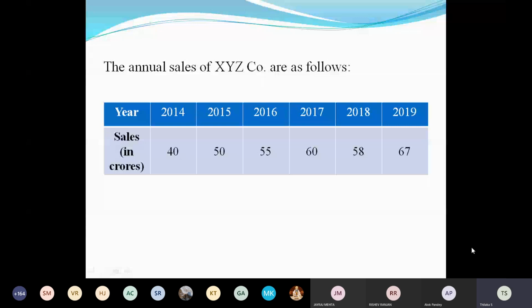So for the year 2016, the capital X value is equal to 2016 minus 2016.5, so minus 0.5 for the year 2016 and plus 0.5 for the year 2017, that is 2017 minus 2016.5. For 2015, it is minus 1.5, and for the year 2018, it is plus 1.5. For the year 2014, it is minus 2.5, and for the year 2019, it is plus 2.5. Is it clear, guys?